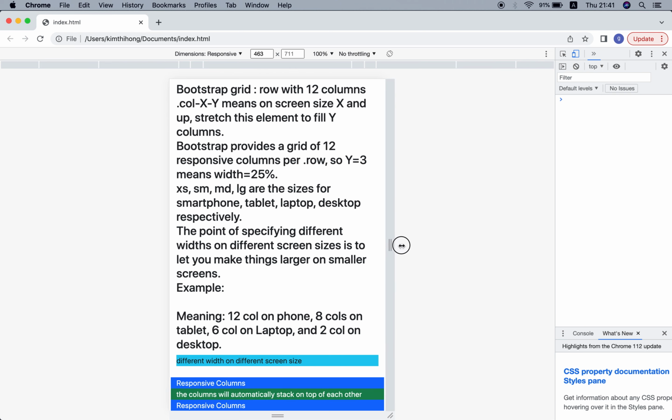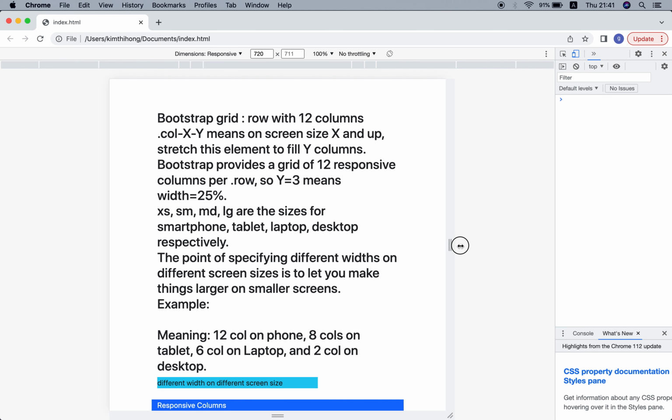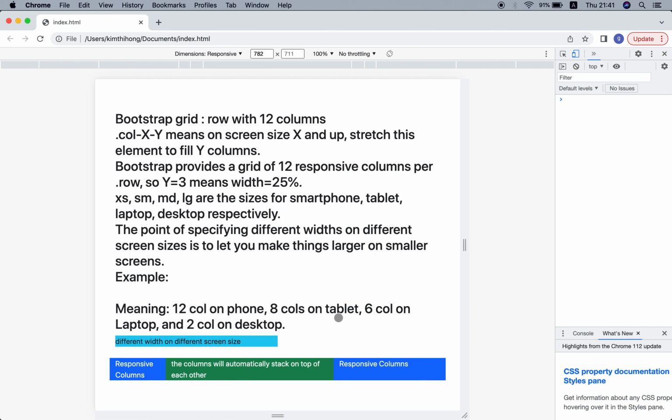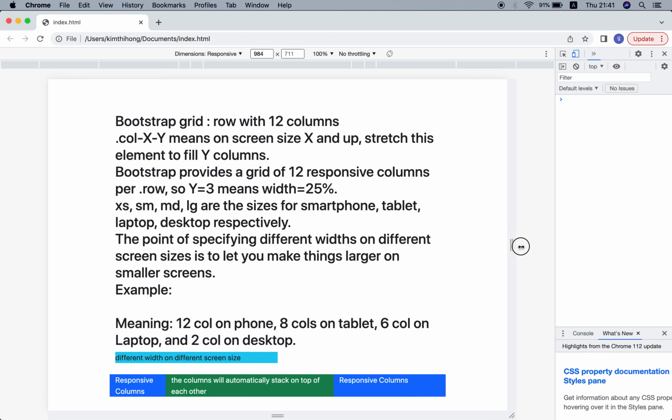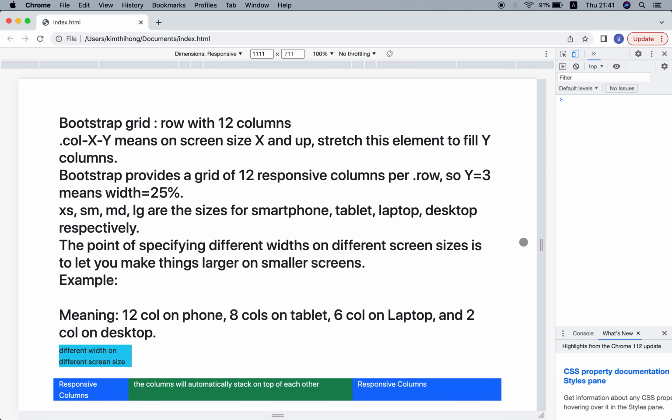But if we increase the screen size, then the columns will display horizontally. Okay, so you understand the responsiveness of the Bootstrap grid system.